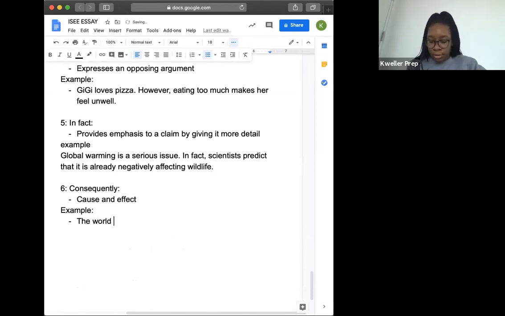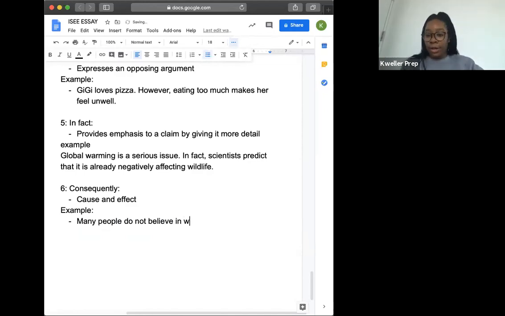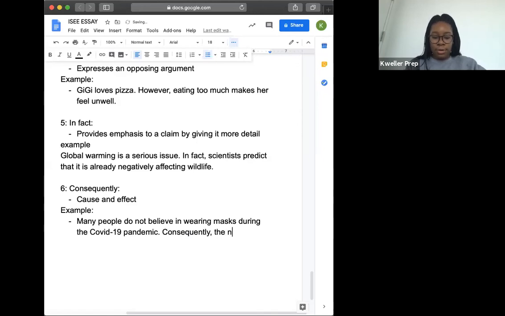Many people do not believe in wearing masks during the COVID-19 pandemic. Consequently, the number of confirmed cases of corona